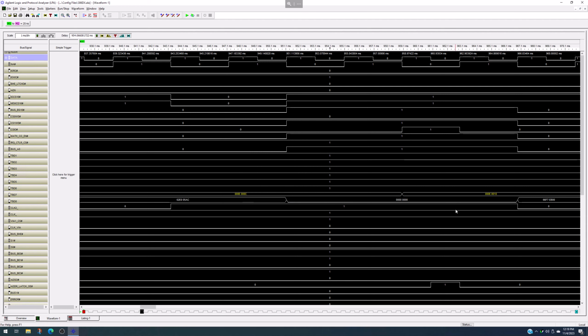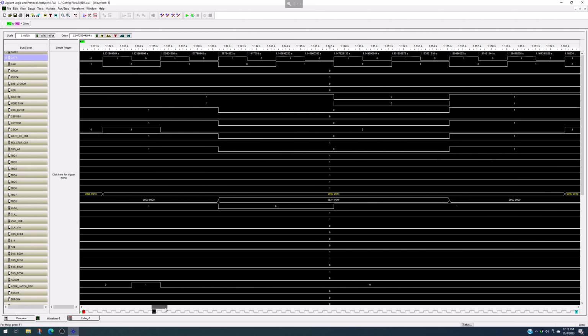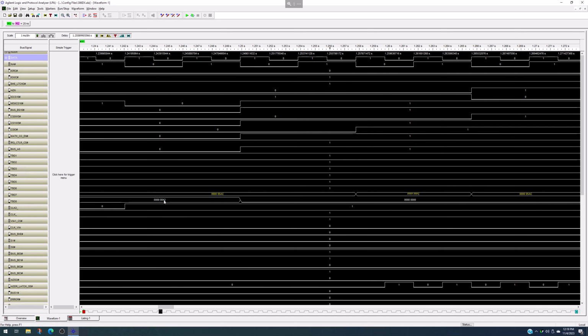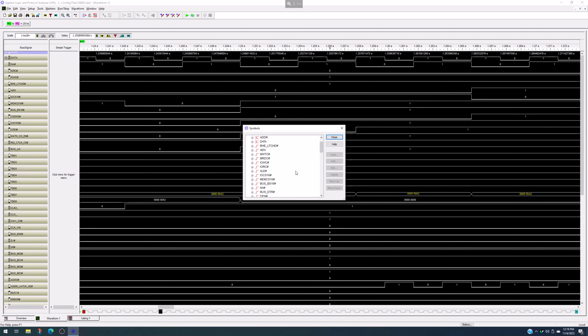I can also put in options so that when it sees certain things, like every time it sees that address of my RAM that it was writing that value to, 1416 or 1418, let's see, okay, here I'm at 5AC, and at that point the counter value was a 42. I could say every time it sees this, don't show this, but show something in place of it. I think they have a way to set that up, let's see if I can find it here, symbols. Then I can come in and say, on the address, I want to add a symbol, and might say RAM counter location, and tell it to look for 05AC, and when it sees that,